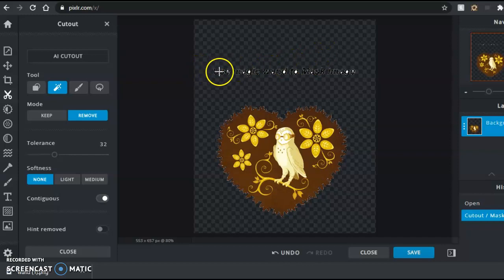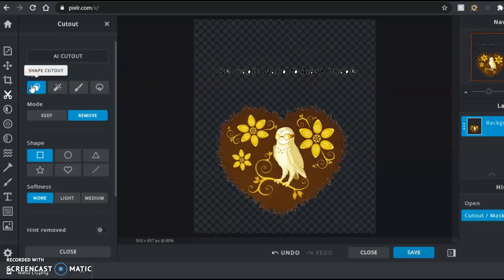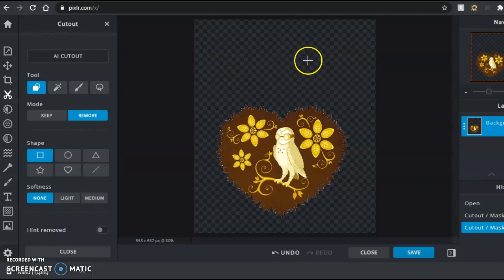Now, how do we remove these letters that appear? Click on the shape tool, on the shape cutouts. Then click on the rectangle and draw a rectangle around the letters you want to disappear, and they disappear. That was it. Now that you already learned how to use one tool for a specific job, click